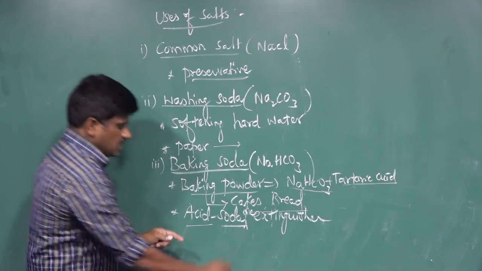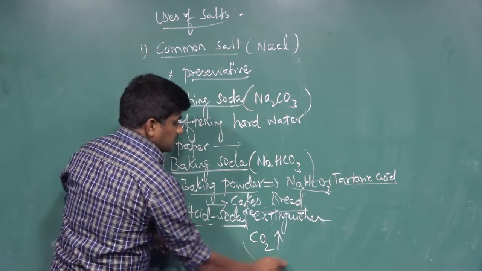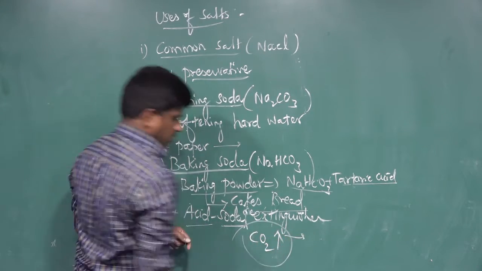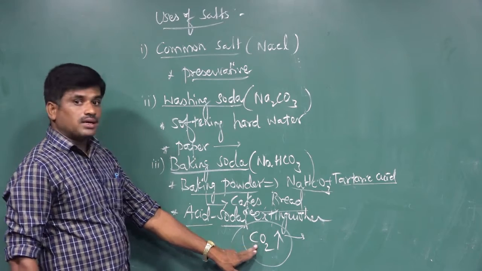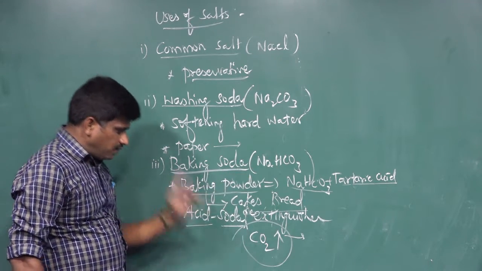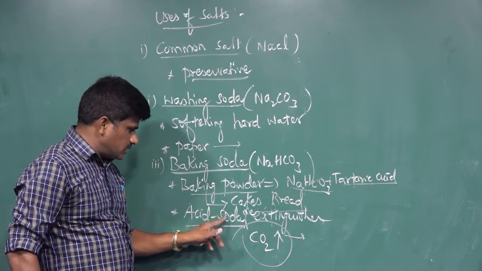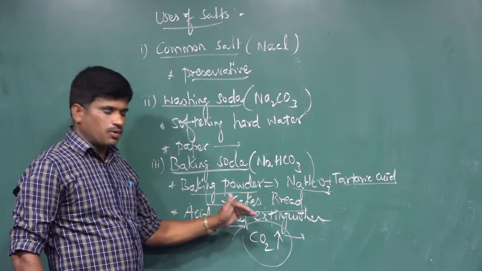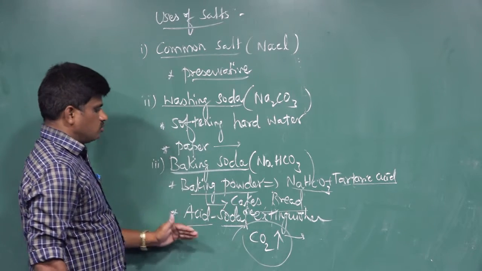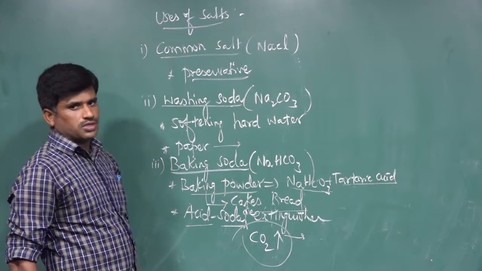When the soda mixes with the acid, this produces carbon dioxide gas. This gas, carbon dioxide, is used for extinguishing fire. For the manufacturing of carbon dioxide, the acid is mixed with the soda, that is, the baking soda, and we can produce carbon dioxide gas. This is how we understand where and in what way baking soda is used.